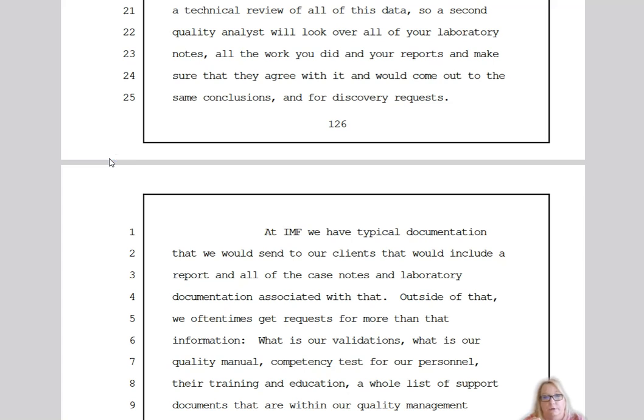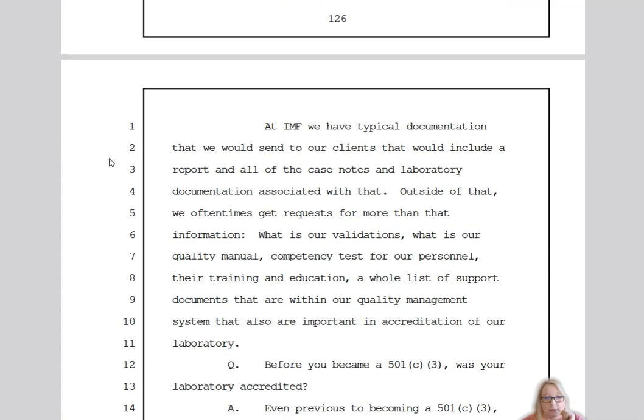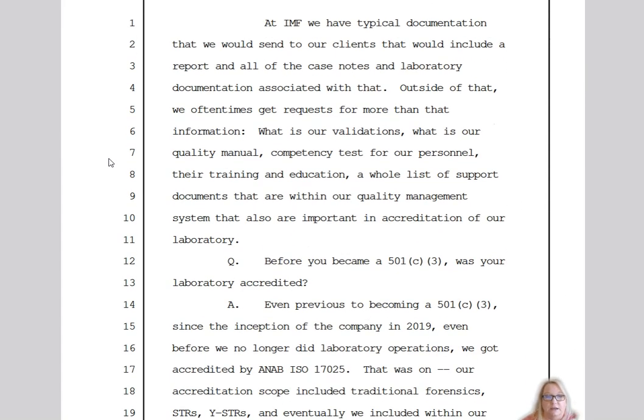It's Colorado, okay? So you guys can look for that. I don't think I have a video on that on my YouTube channel. I do have it in my genetic genealogy training, okay? Because it's problematic, okay? So he says at his company, they have typical documentation that they would send to the clients,